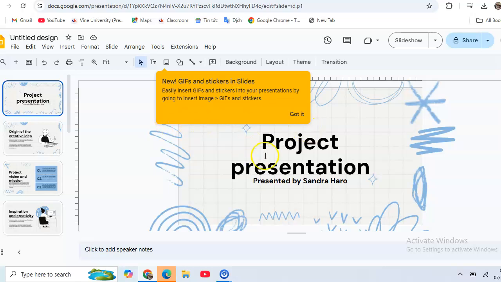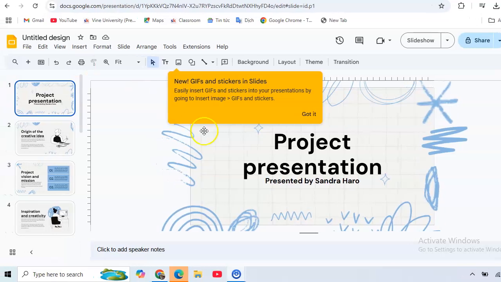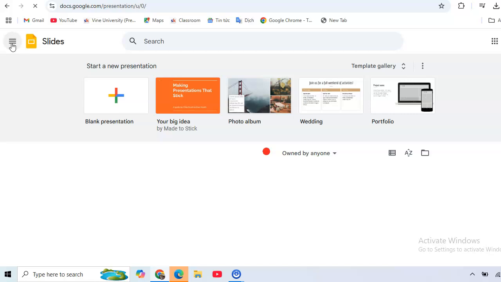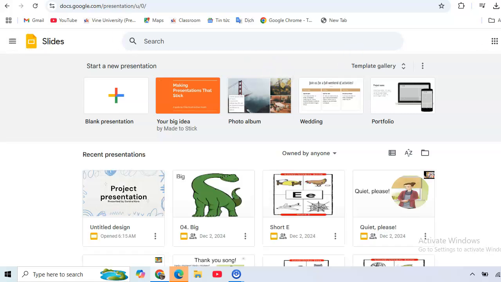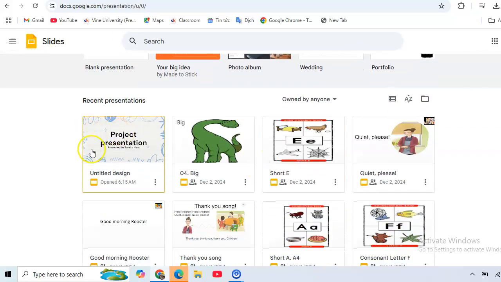Yeah, now it's already uploaded to Google Slides, and the name here is project presentation. Okay, now if I go to Google Slides, I check, you can see it here, this one. This is what you need to do if you want to know how to convert Canva presentation into Google Slides